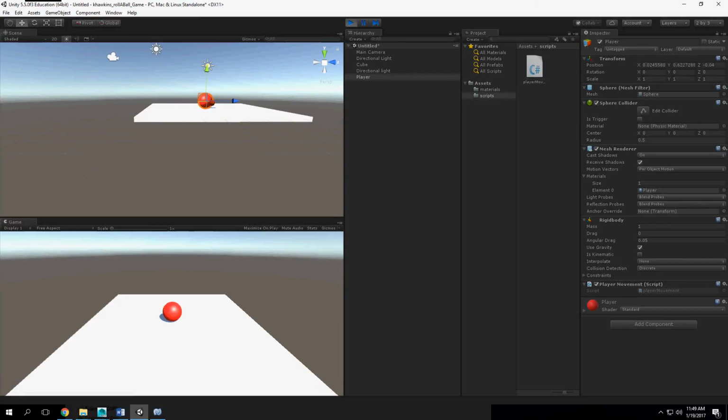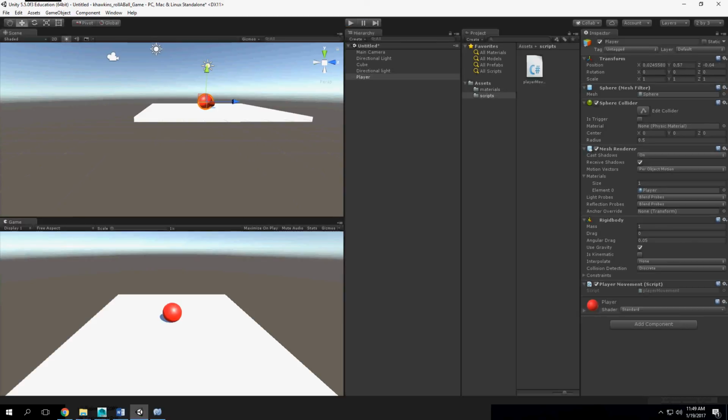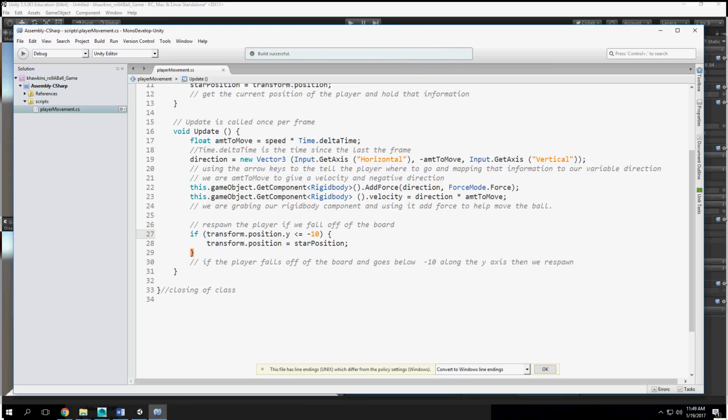So right now, that start position is now set to where the player currently is. That information is in there. If I roll off, we go back, and so we can respawn the player. Alright, now